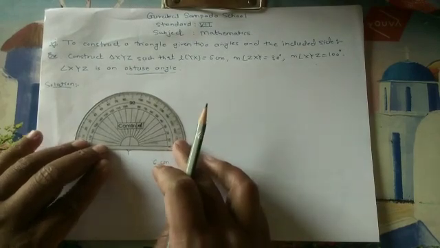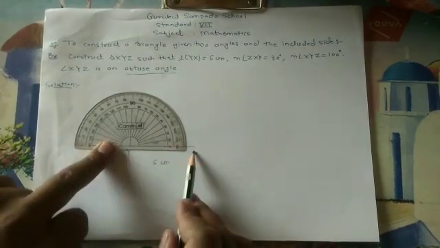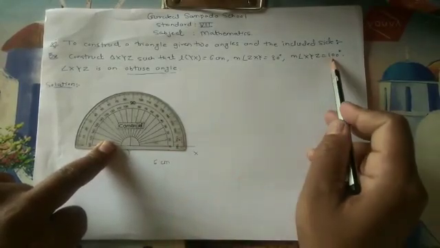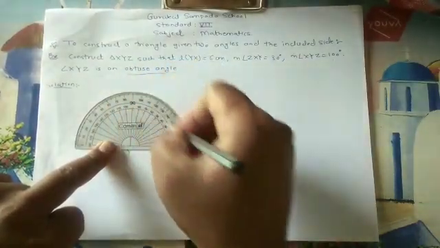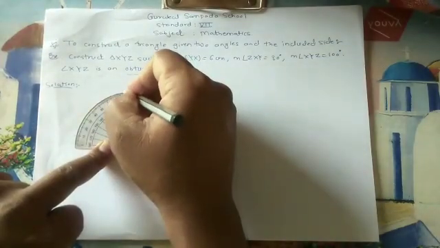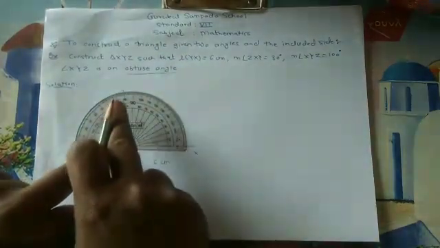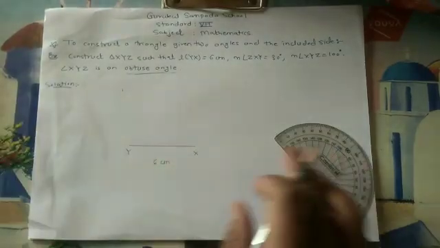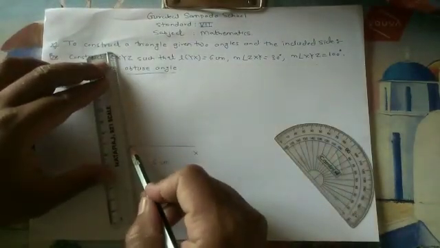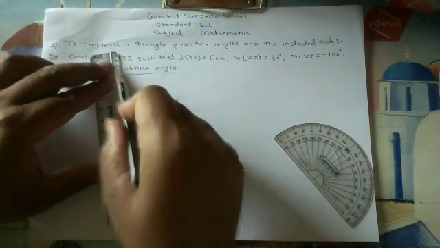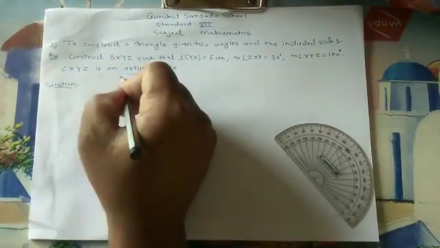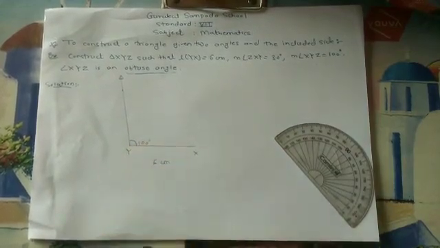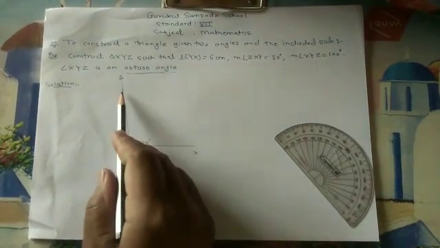So first we take a protractor, okay, and keep it at the point Y because angle XYZ is given. So measure from this point how much it is? 100 degree. So here from 0 we come here, here is the 100 degree. Yes, if you are observing, here is the 100 degree angle. So we join these two points, okay. So here is the one line which measures an angle of how much? 100 degree.